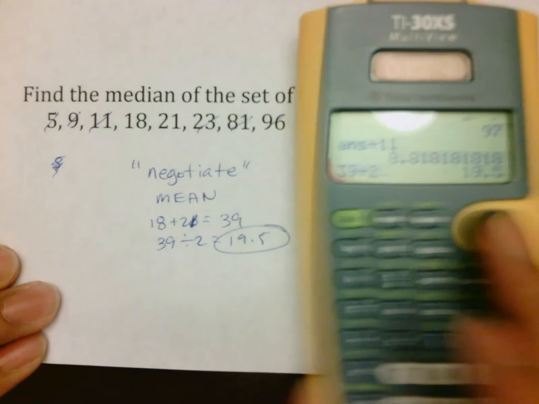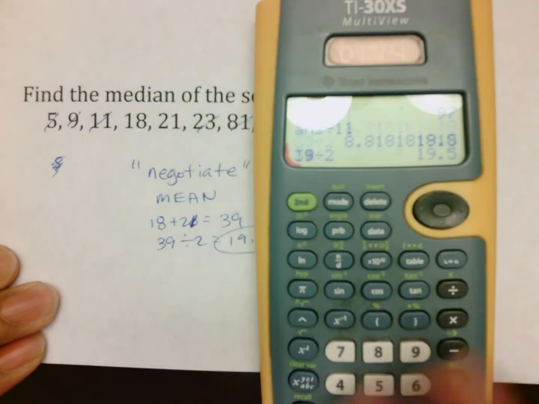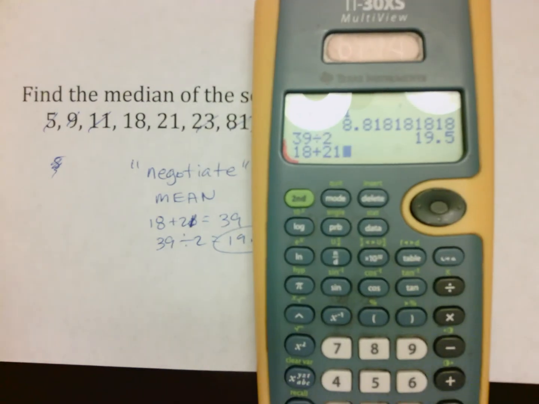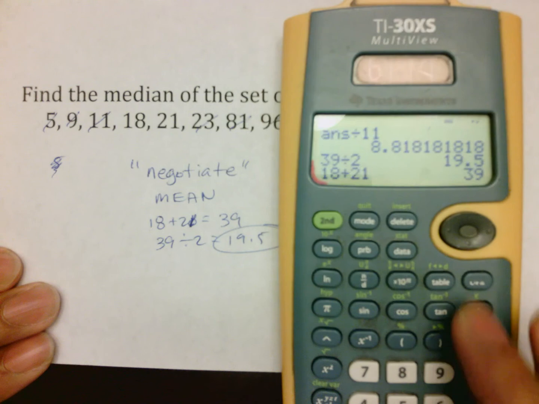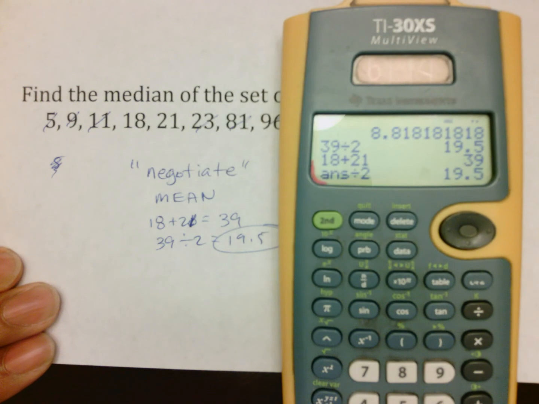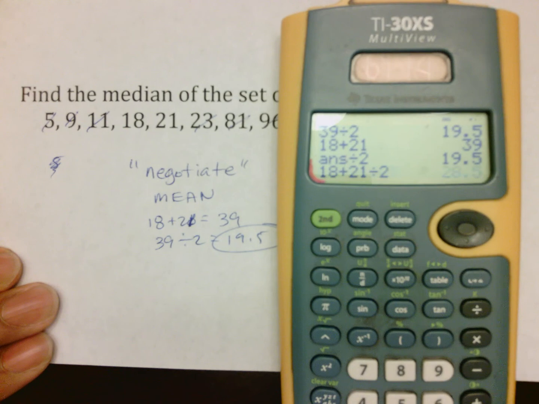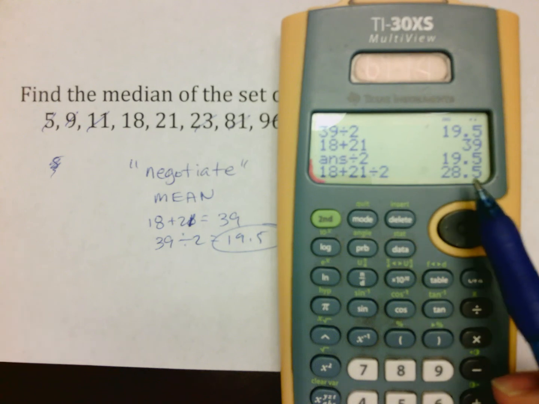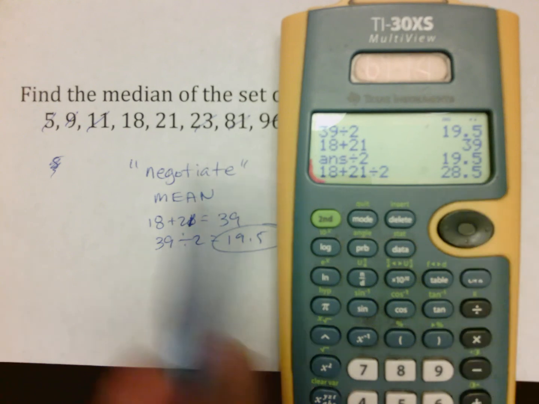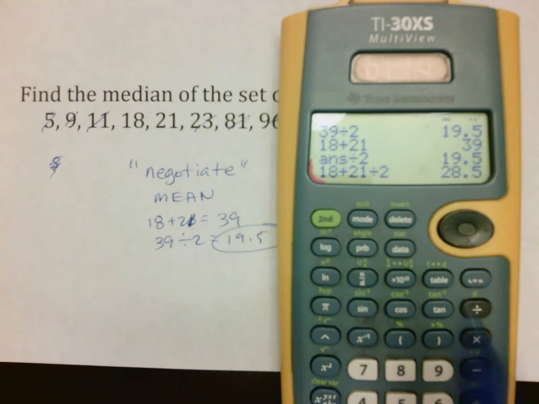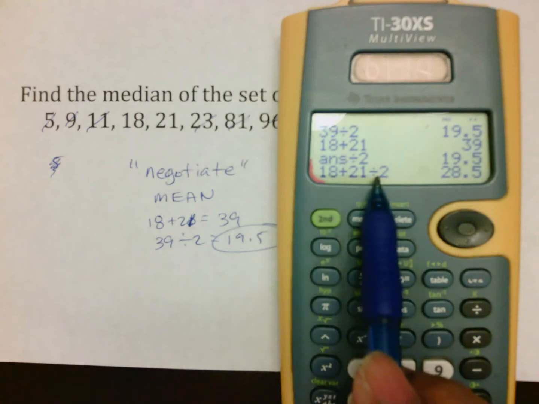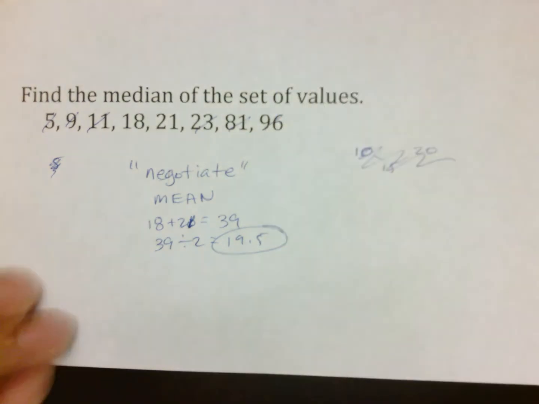Now you also have to be careful, because if you do it the wrong way and type 18 plus 21, notice when I do equals like we did in the quadratic formula divided by 2, I get the number. But if I do 18 plus 21 divided by 2, I get a whole different number. Common sense says this can't be it, because 28.5 is not in between those two, so don't go for it. But what happened is it used the order of operations to do division first, and you don't want that to